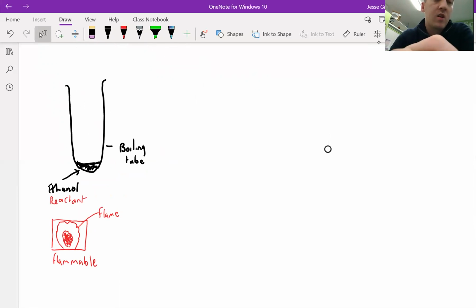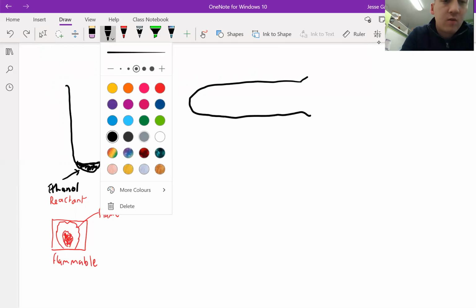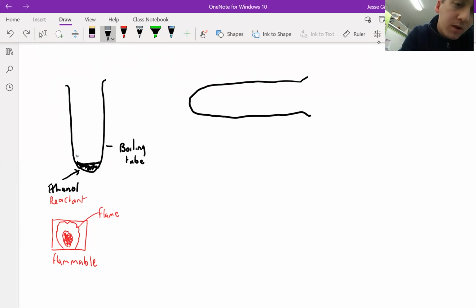Because of this, we're going to make sure the ethanol stays at the bottom of the tube. In a second, we're actually going to be setting up our test tube on its side. So for the experiment, we need to set up the boiling tube on its side like this. And if we were to do this, obviously the ethanol is going to spill down here. We don't want that to happen. So to eliminate this, we're going to put in